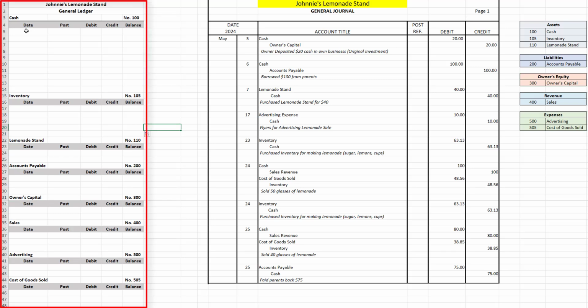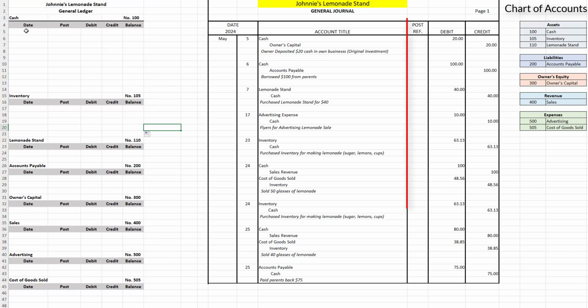Next, we will be looking at the general ledger. I have placed the general journal next to it because we will be entering account numbers into the post-ref column of the general journal as we enter transaction values into the general ledger. Post-ref is the commonly used abbreviation for post-reference. I have also placed the chart of accounts on the page so that you can visualize how these three work